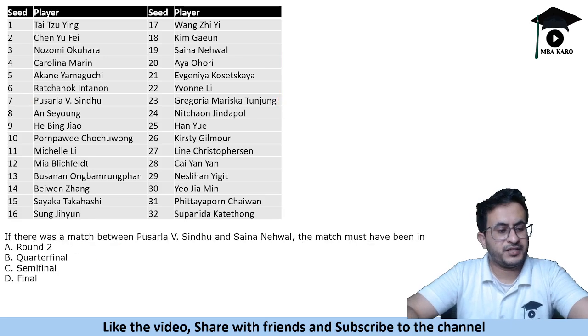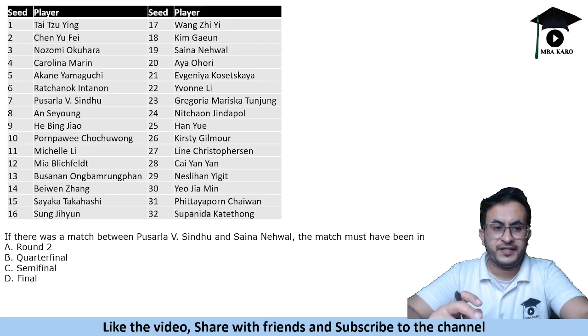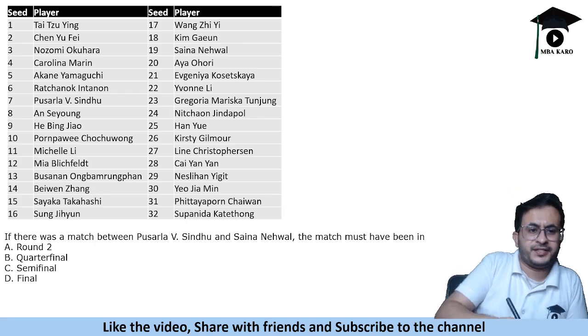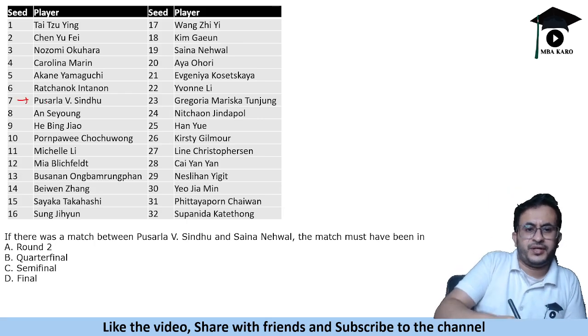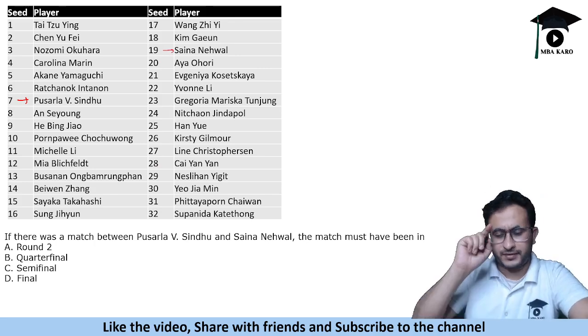If there was a match between Pusarla V Sindhu and Saina Nehwal, the match must have been in which round? Okay, so in this case we will find the trajectory of these players, right? And how do we find trajectories? Let us see this. One is PV Sindhu and Saina Nehwal is ranked number 19. Okay, so we need to tell how can they play in the